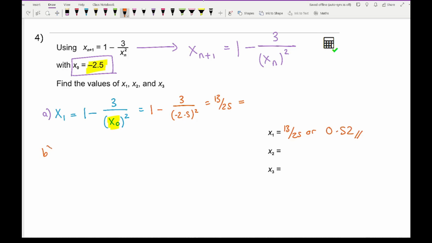So then to work out x2, it's going to be 1 minus 3 over x1 squared. Now again, x1 is 0.52. So that becomes 1 minus 3 over the previous answer, which is 0.52 squared. And again, if I type that into my calculator, I get an answer of minus 1706 divided by 169, or as a decimal, it's a long decimal,